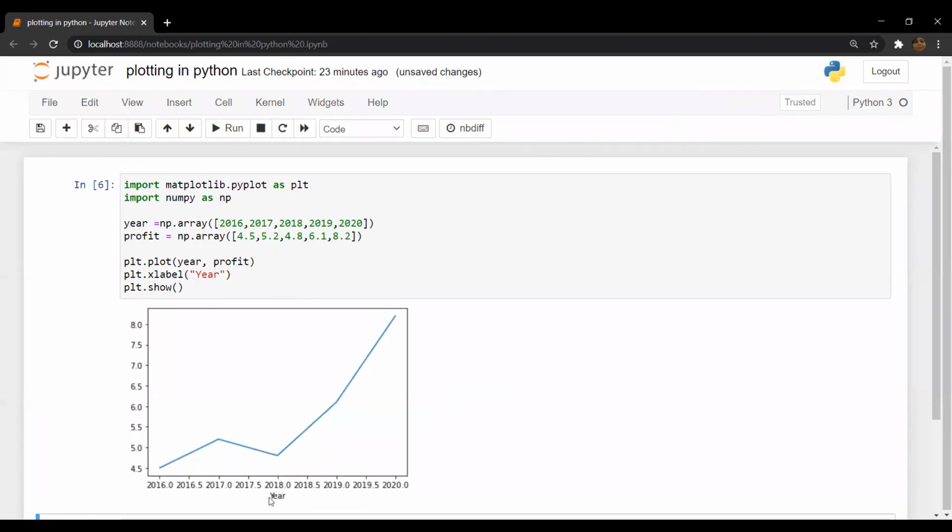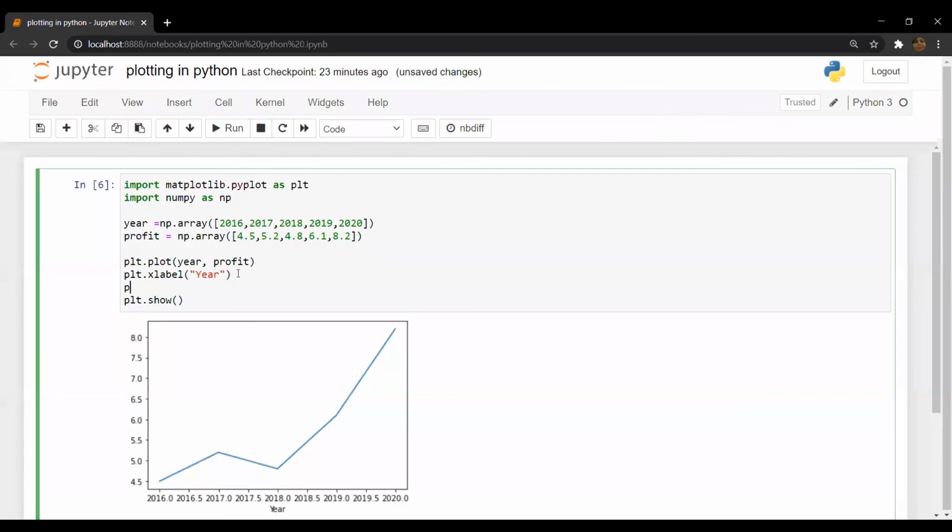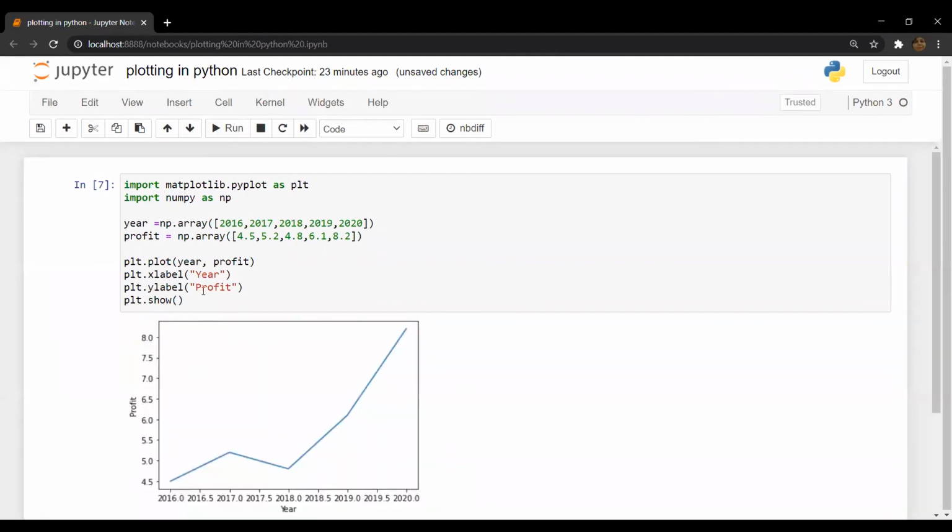See here, it is showing me the label year, and the same way I can set a label for the y-axis with ylabel, and here I can put profit.